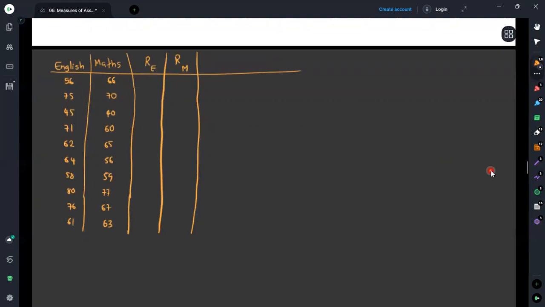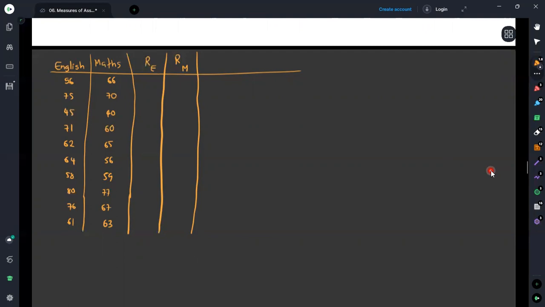When I'm ranking, I am giving number one for the highest value, and in descending order, I am giving the rankings. Number one goes to the highest, but if you need, you can mark number one as the lowest value as well, and accordingly rank the data set in ascending order. But here I am ranking the data in descending order.